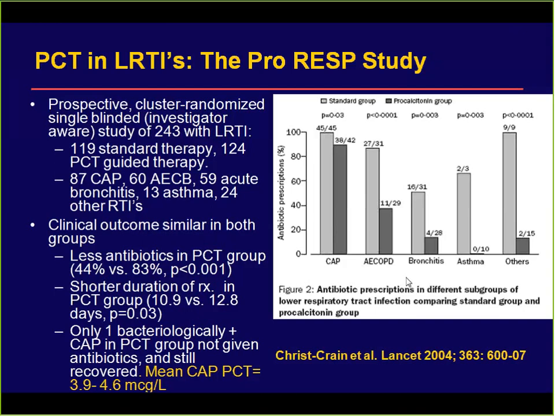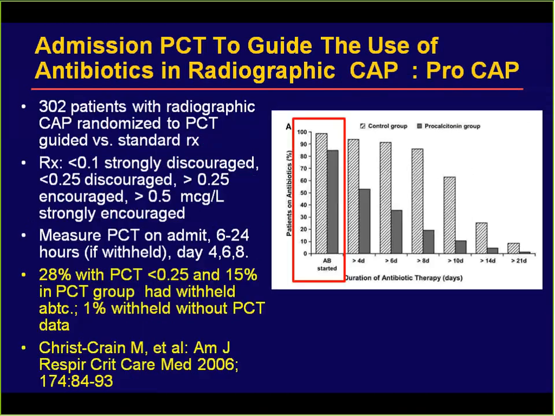So they documented that this was a tool in this setting of minor lower respiratory tract infections and some community-acquired pneumonia. It was a tool to safely avoid overusing antibiotics. To me, I have to say, I read this literature, I didn't know what to make of it, but this study really sort of attracted my attention because if you look at this carefully, it's not the way most people would practice medicine. And this was the PRO-CAP study, and they took 300 patients with radiographic community-acquired pneumonia, and again